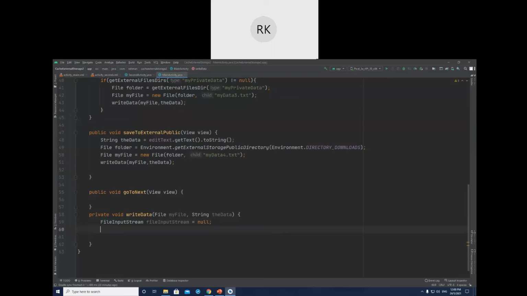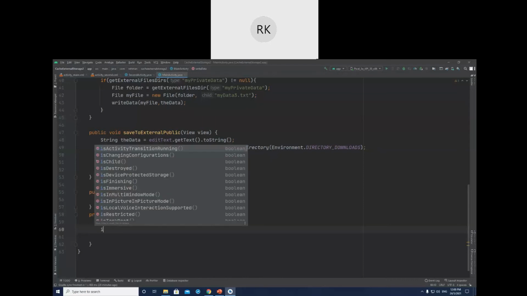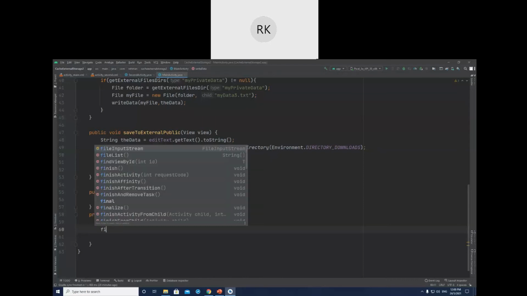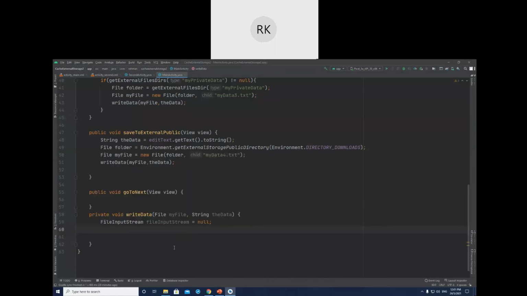Now this one I will use FileInputStream, sorry, FileOutputStream. Did I create it as input? Yeah, you see that there is a mistake. It should not be input stream, because we are writing. FileOutputStream equal to null.